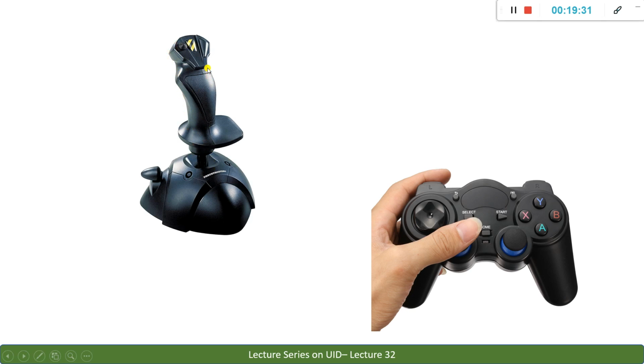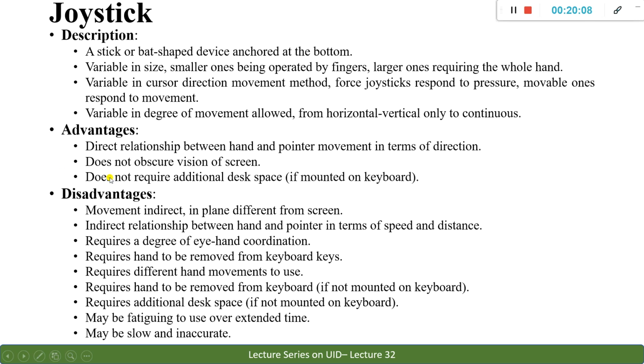Now, with these kinds of joysticks, sometimes it may so happen that they can either go front or back or left or right, and you may not be capable of giving it a full 360 degree turn. If you are capable of giving that, then we call it really smooth and continuous. Giving that privilege is also possible, but it depends on whether it is required for that application or not. Okay, so let us see whether it is advantageous or disadvantageous.